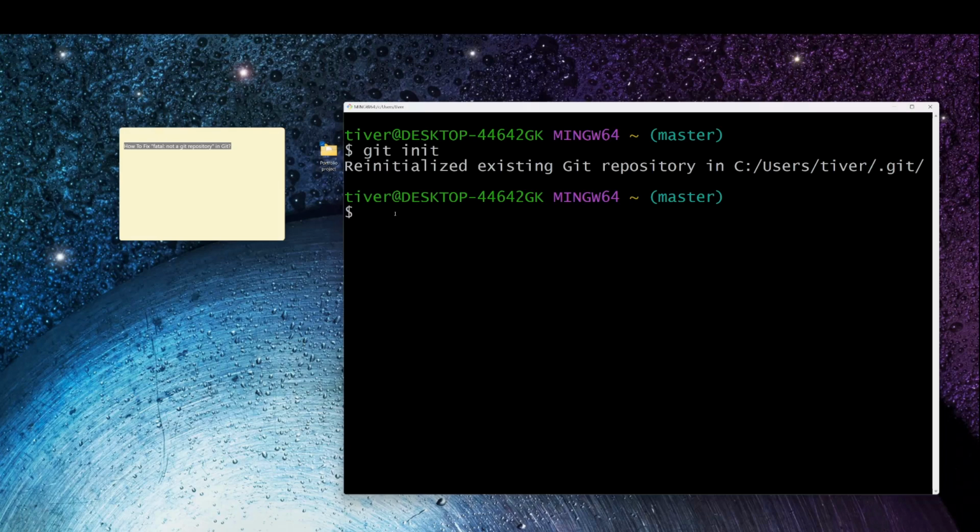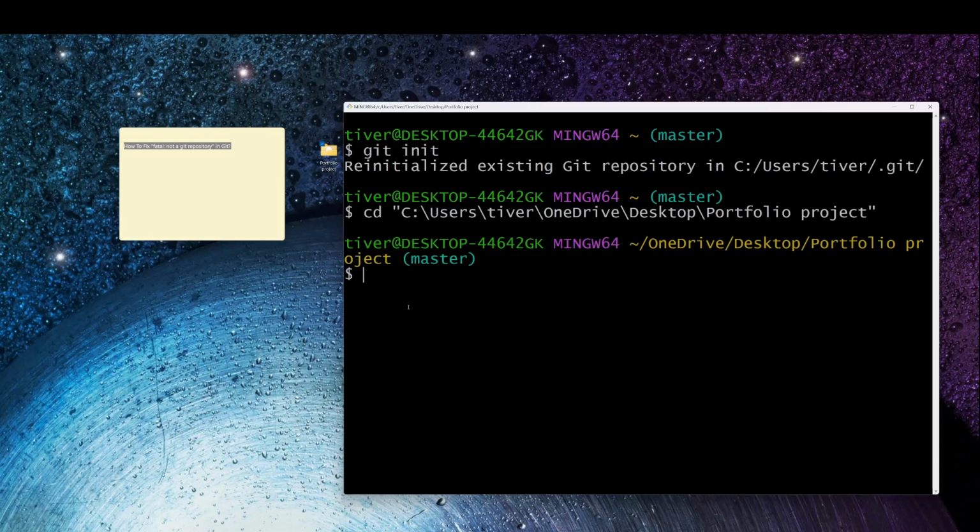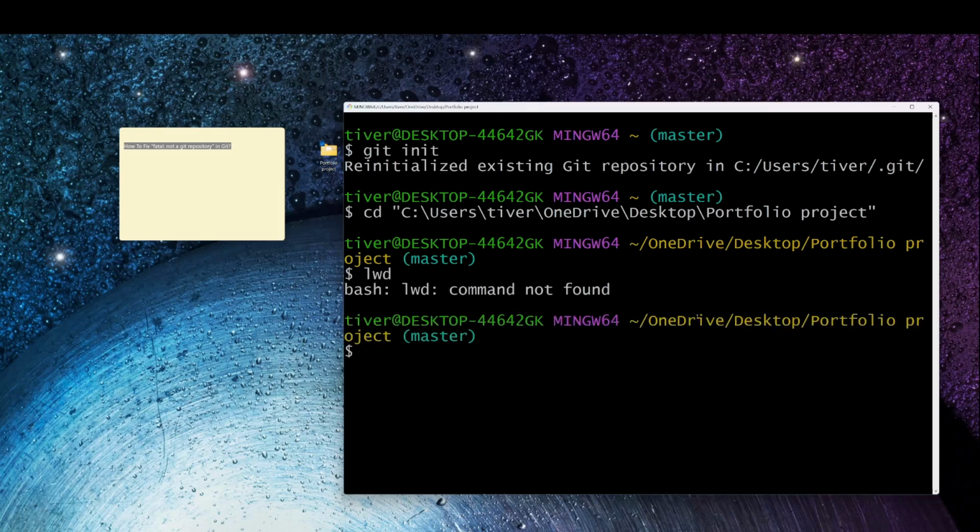my folder of interest with all the documents I want to be tracked. And then I go in and I type cd, which is set directory. I paste, and then I click enter. And now that's my new repository. I can check that it's worked by typing lwd, enter, and I can see that portfolio project is my new